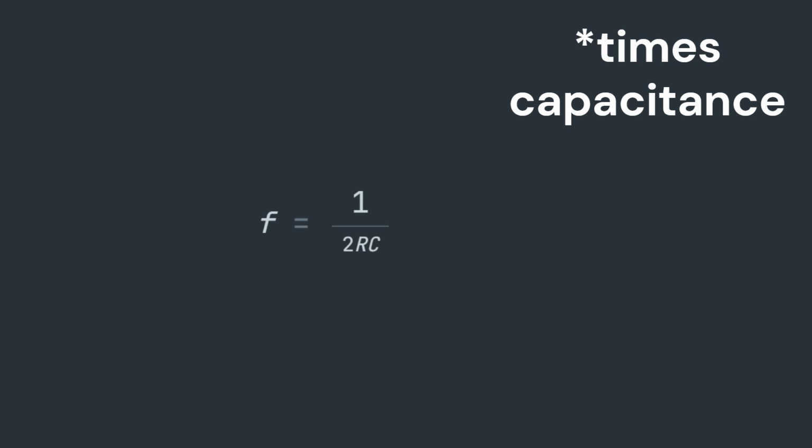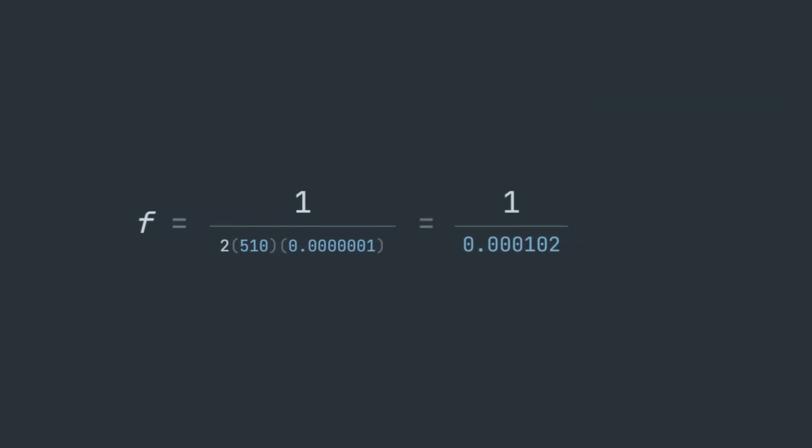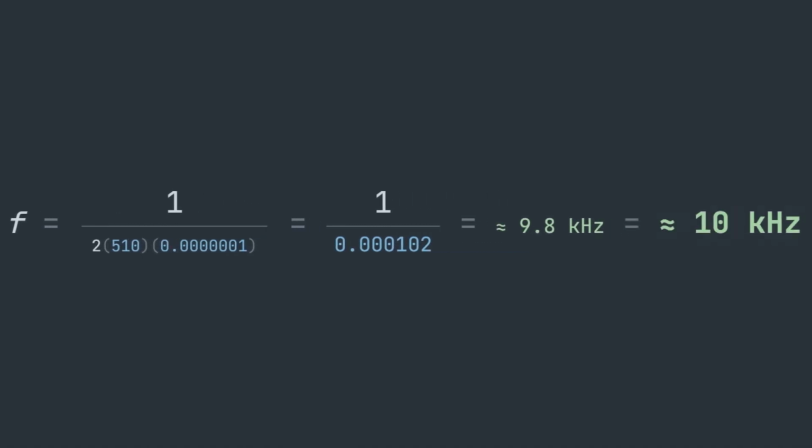We'll be using a simplified equation for demonstration, but here we have frequency equals 1 over 2 times resistance times capacitance. And when we sub in our used 510 ohms and the capacitor value, we'll get roughly 10 kilohertz. And now, to understand where this equation came from, we need to first realize that this equation isn't actually true at all. The true charging law is given as V of t equals VCC times 1 minus e to the